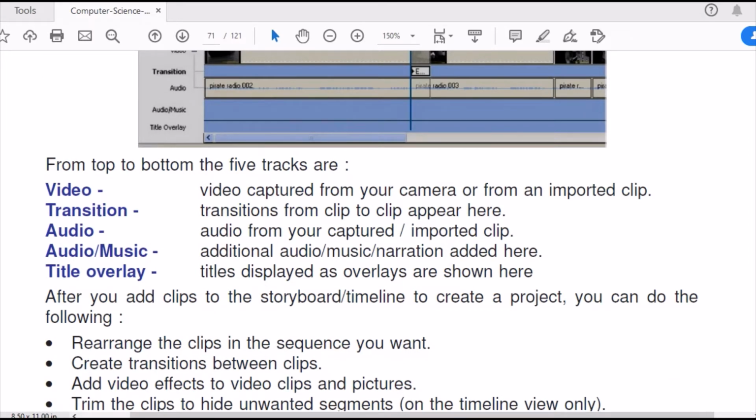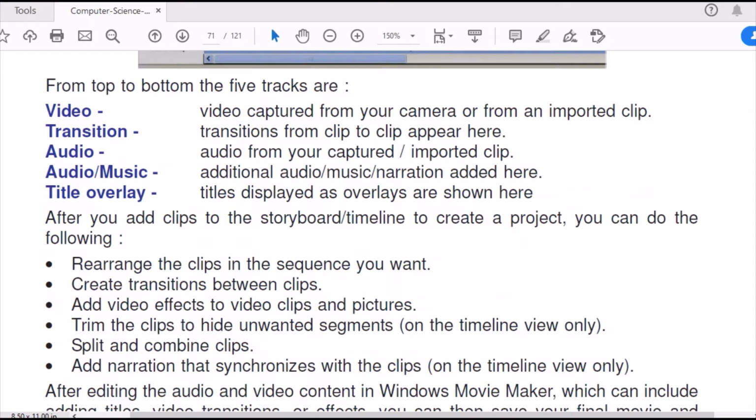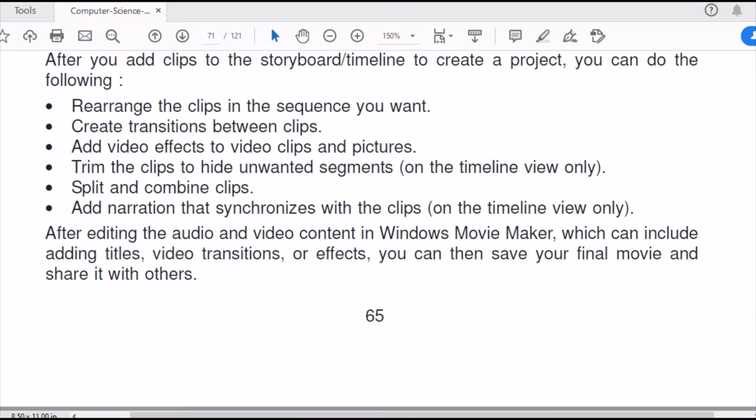Then you can rearrange the sequence of clips, you can give transitions, you can add video clips. It is all possible in timeline view. And these specific effects, trimming and narration are only available in timeline view.